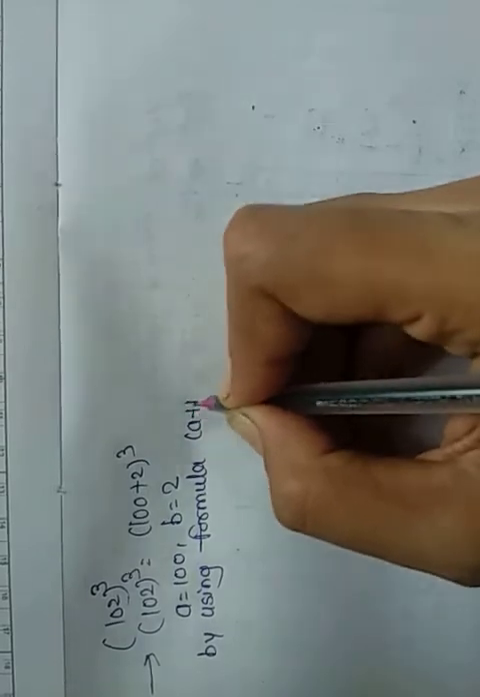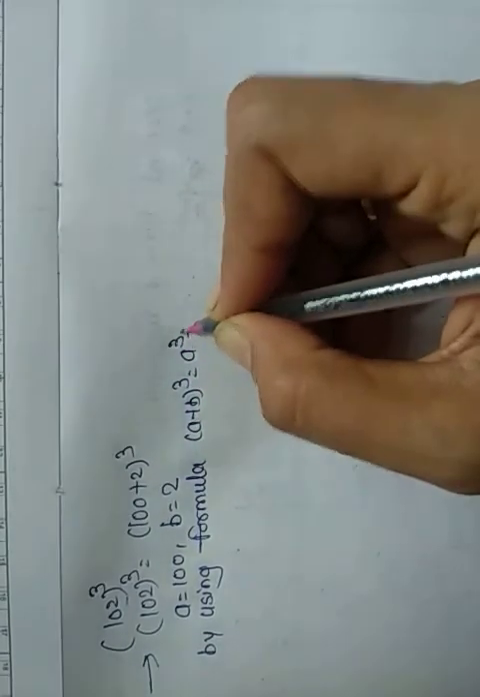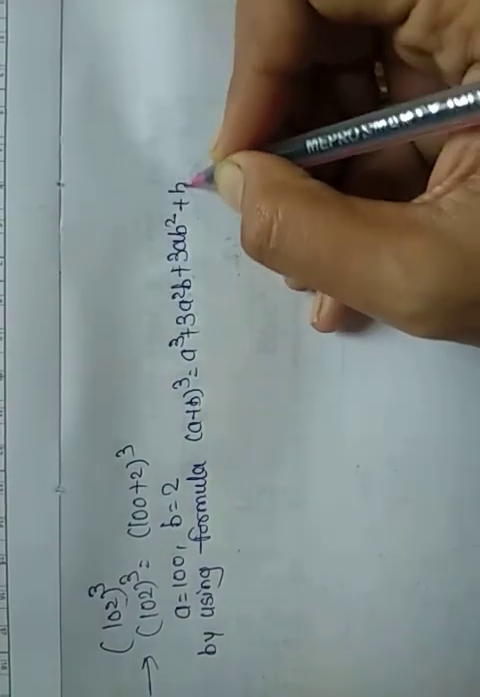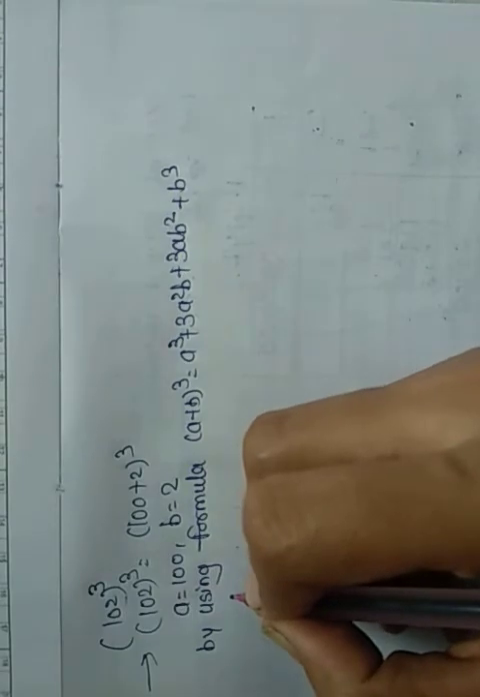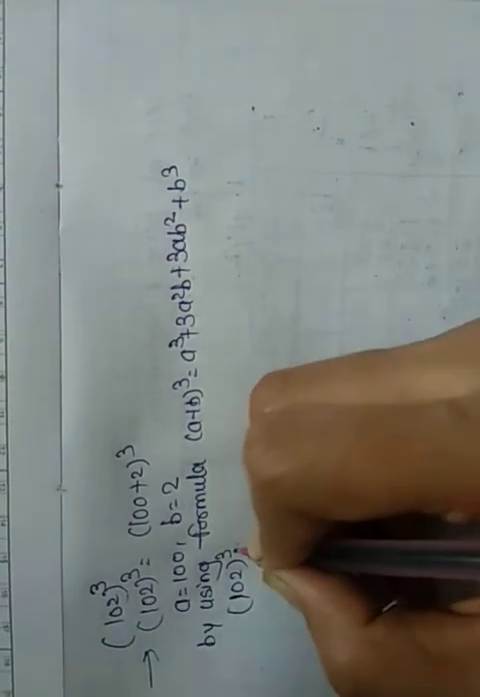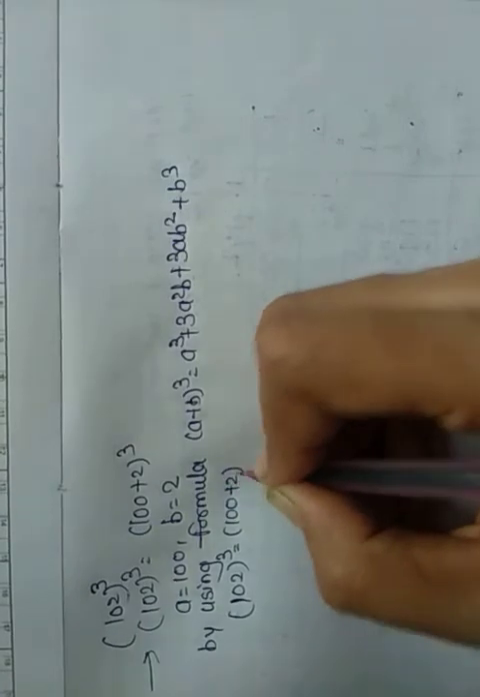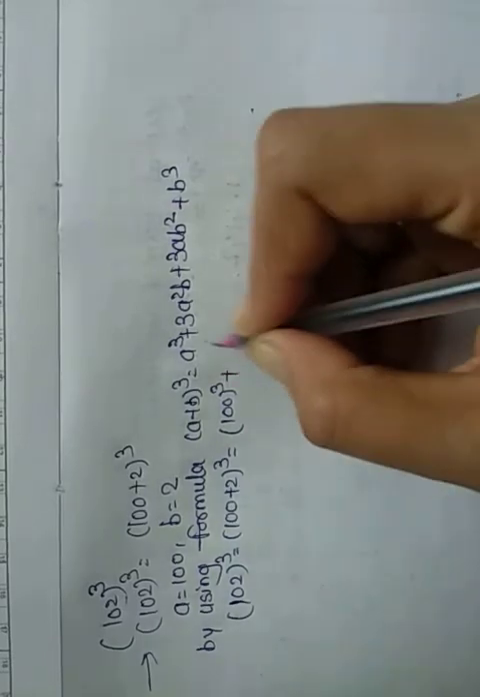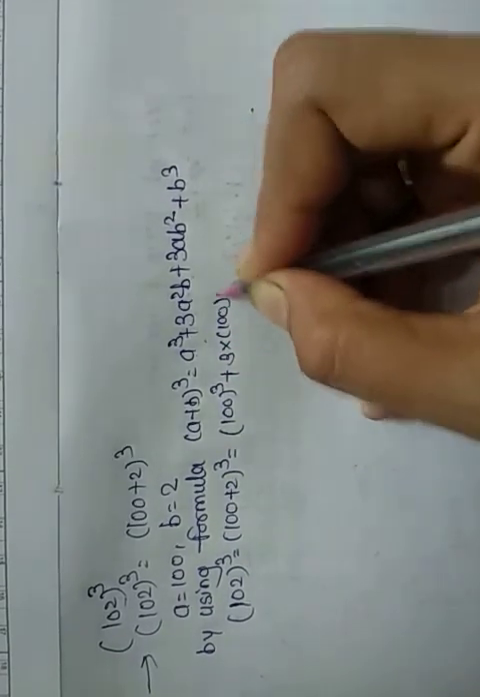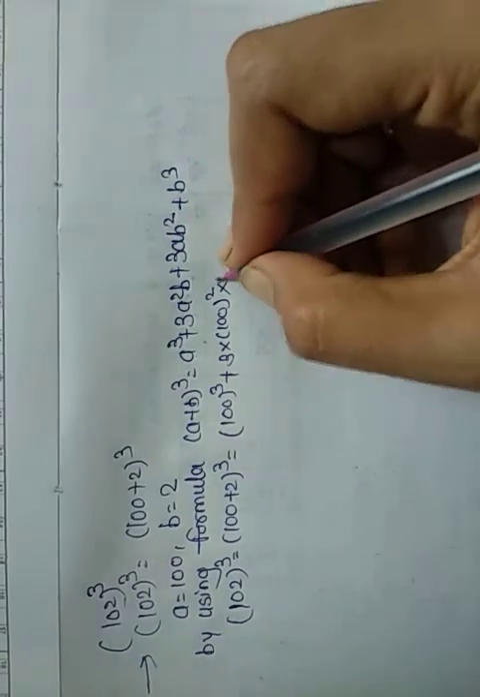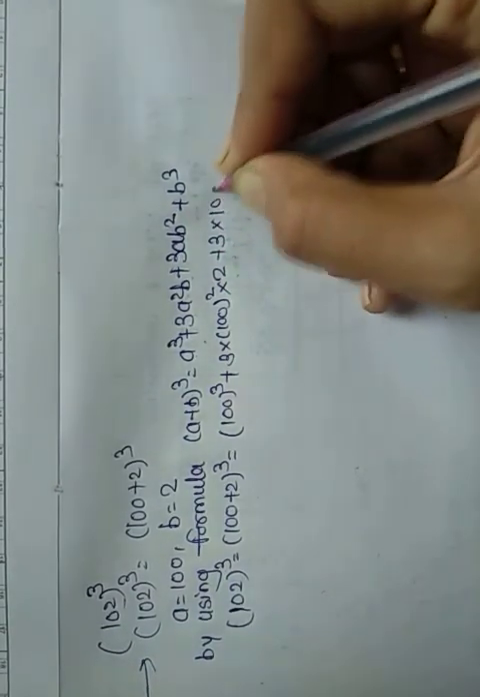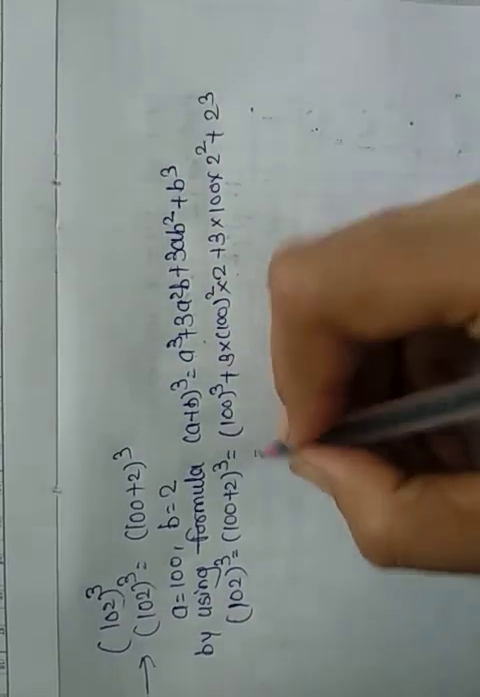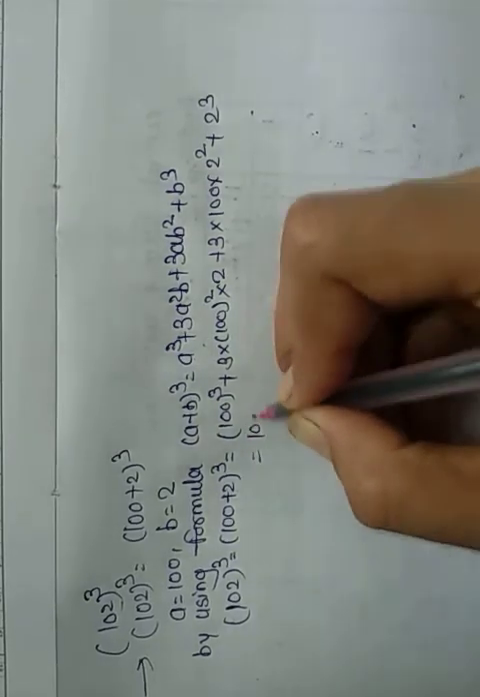formula (a plus b) bracket cube is equal to a cube plus 3a square b plus 3ab square plus b cube. So here 102 bracket cube means (100 plus 2) bracket cube, it means a cube, that is 100 cube plus 3 into 100 square into b means 2 plus 3 into 100 into square of b, that is 2 square plus 2 cube. The cube of 100 is